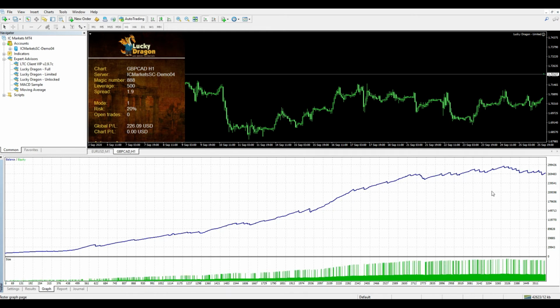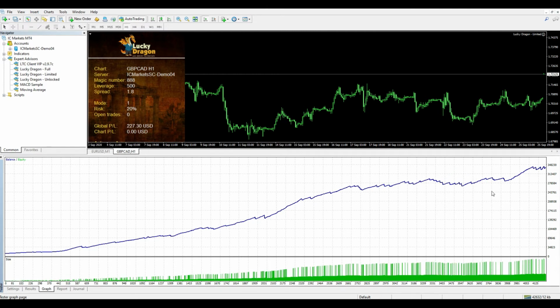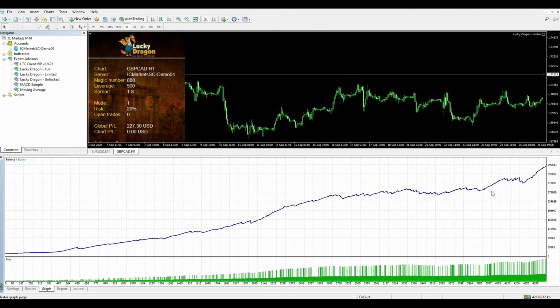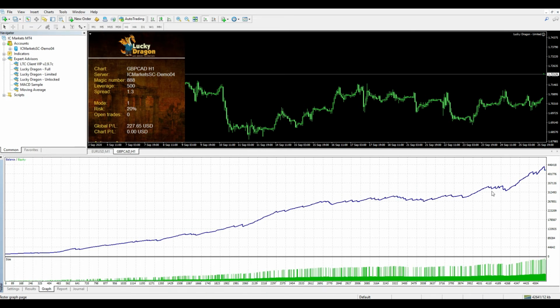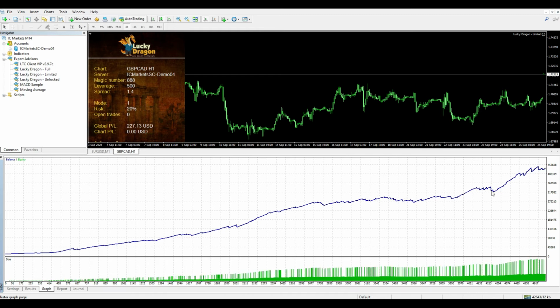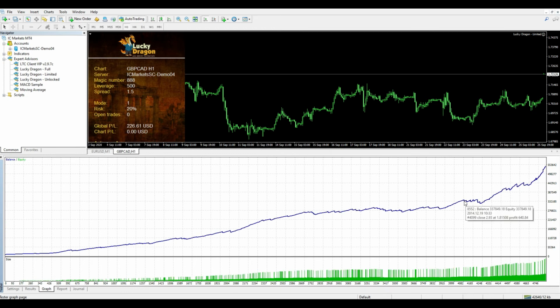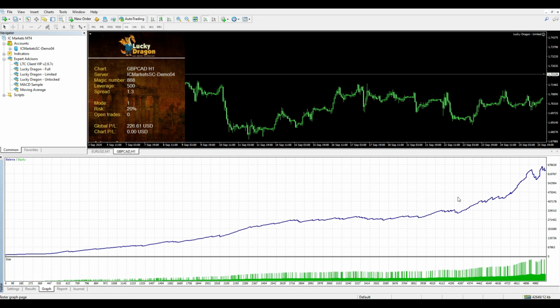And it can only place 6 trades, and then it'll hit a stop loss. Now, how big is that stop loss? We're running a risk of 20%. So Lucky Dragon adjusts itself due to volatility. So you're not going to have a fixed amount of loss. But generally speaking, at 20% risk, I could expect maybe a loss of 3 to possibly 4%, depending on the